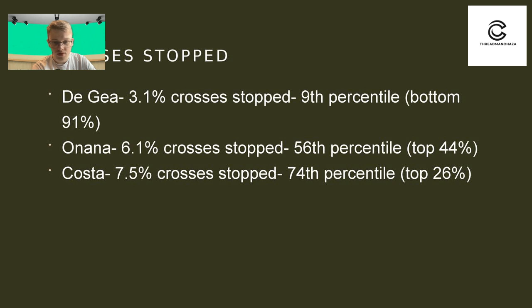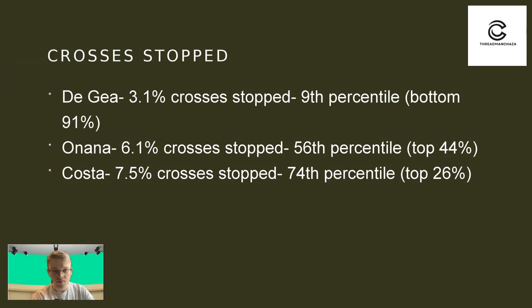Okay, let's look at crosses stopped then. So we've talked about distribution now. Let's look at crosses stopped. So David De Gea is one of the worst. He is one of the worst at stopping crosses. All right. So David De Gea is in the 9th percentile. All right. So that means that